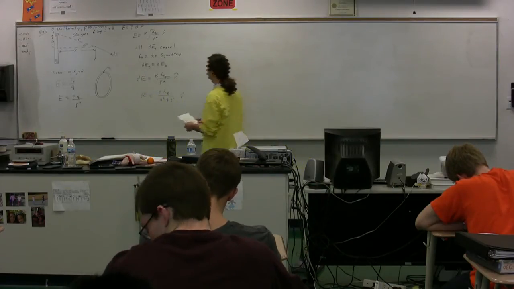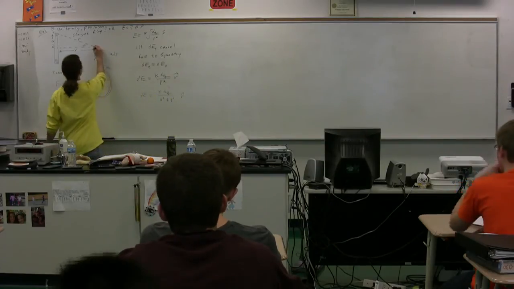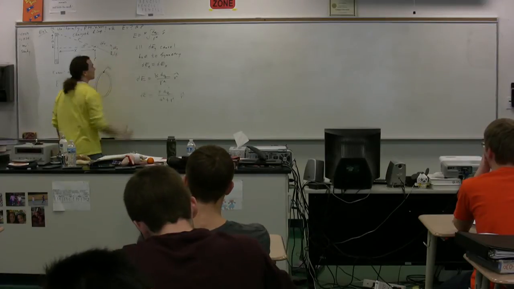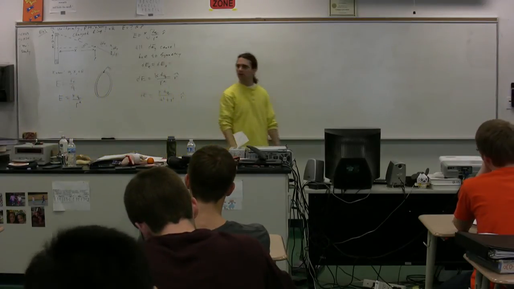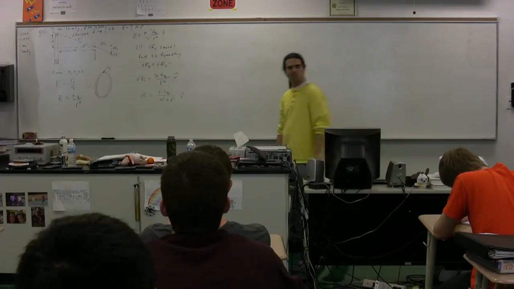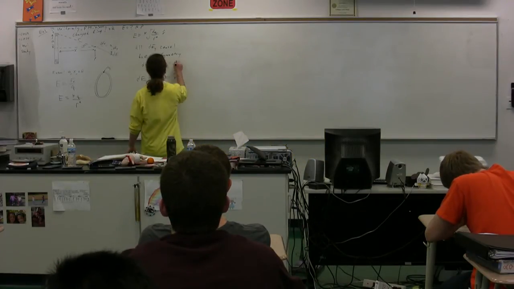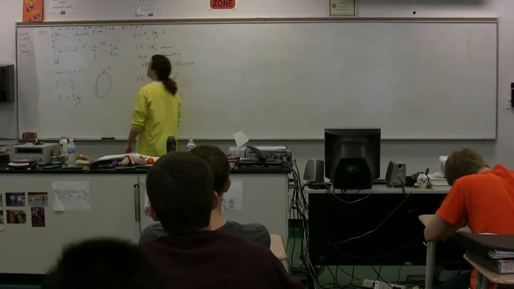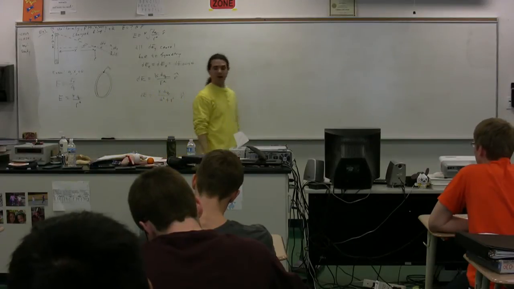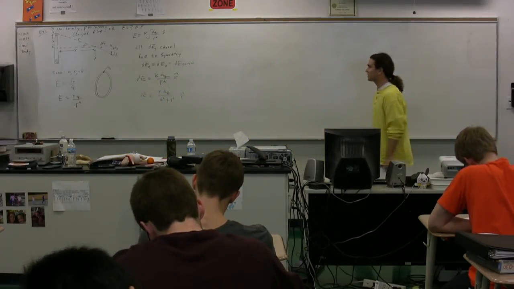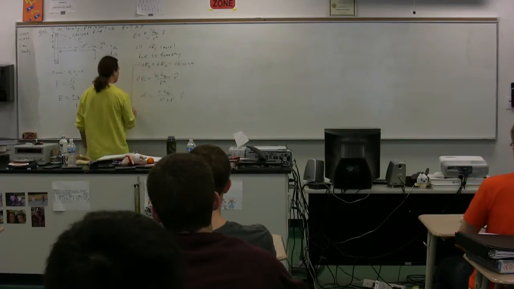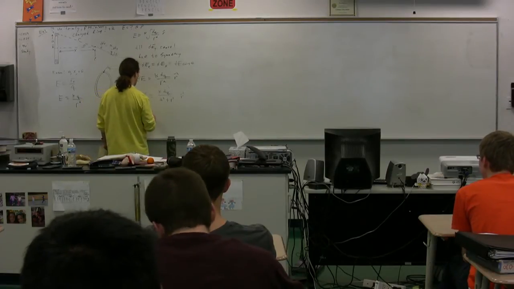Okay, what about dE in the x direction? dE in the x direction is equal to what? Zach? dE cosine theta. Considering the fact that the cosine of theta, which is this angle right here, is equal to adjacent over hypotenuse, we can see that dE in the x direction is equal to dE times the cosine of theta. So when we take the integral of both sides of this, we get that the electric field total is equal to,